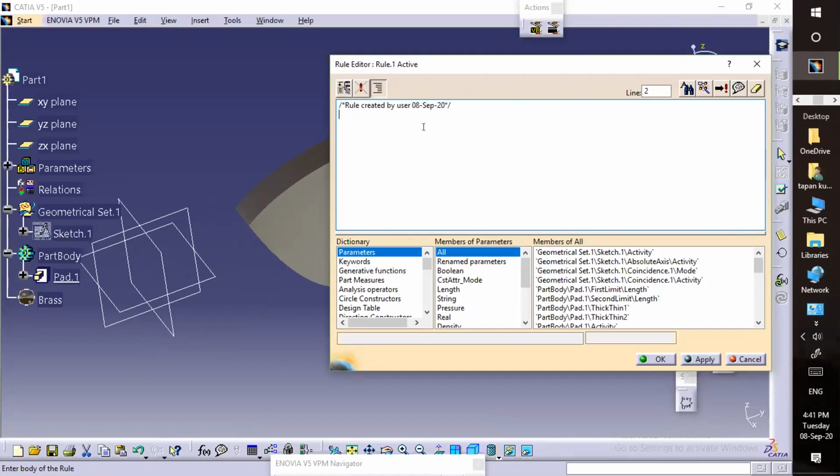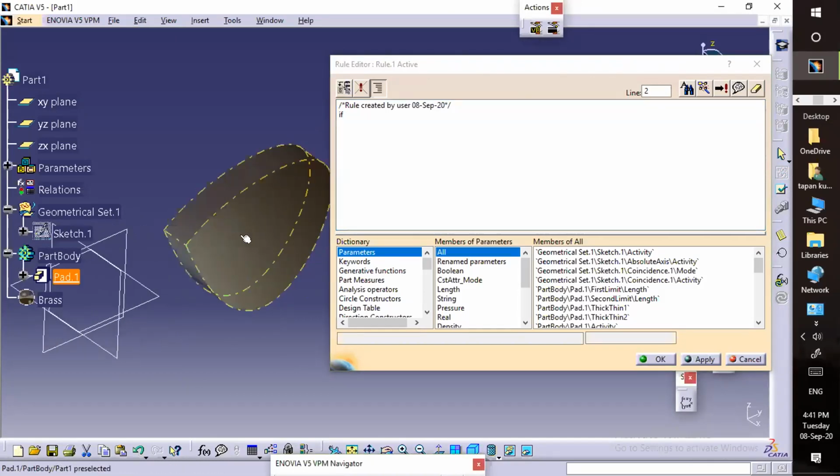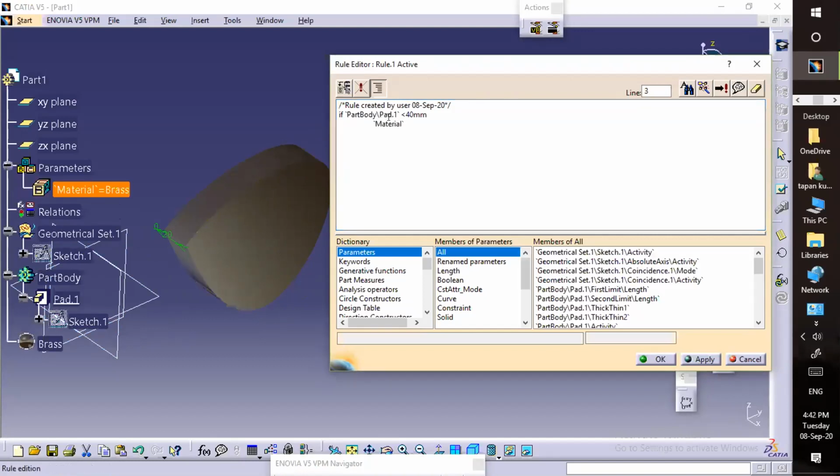So what I will write is: if the thickness, I mean the thickness is a parameter, so I'll double click on this parameter, this part body thickness, if greater than 40 mm, then my material is brass.